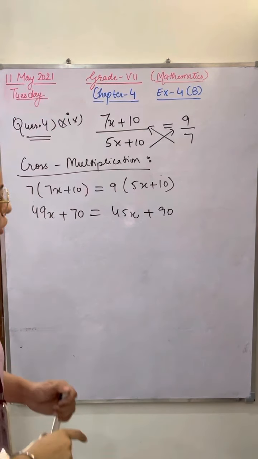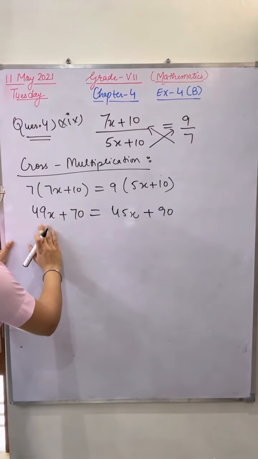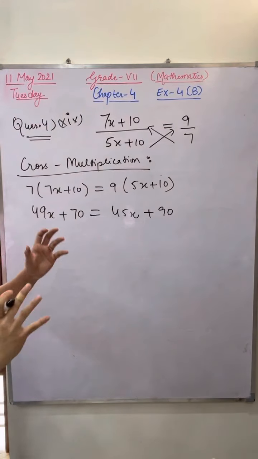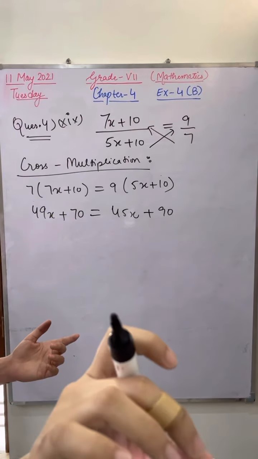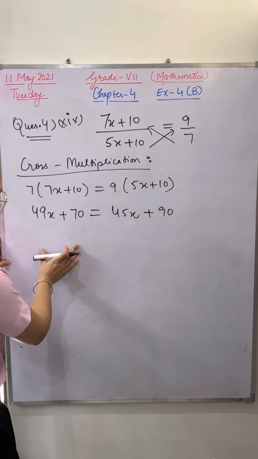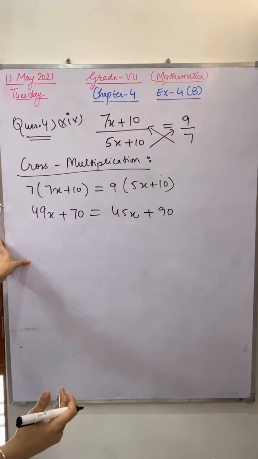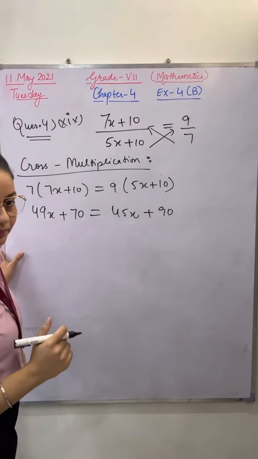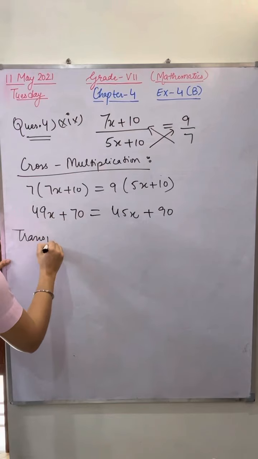Good morning, ma'am. Good morning. Ishita, I told one rule in the class. Here I'm having constant and variable. What is the rule? All the variables should be there on which side? Ma'am, all the variables should be there on the left-hand side. Okay, and all the constants should be there on which side? Right-hand side. Very good. So which method can I apply here? Ma'am, transposing. Very good. Transposing method.